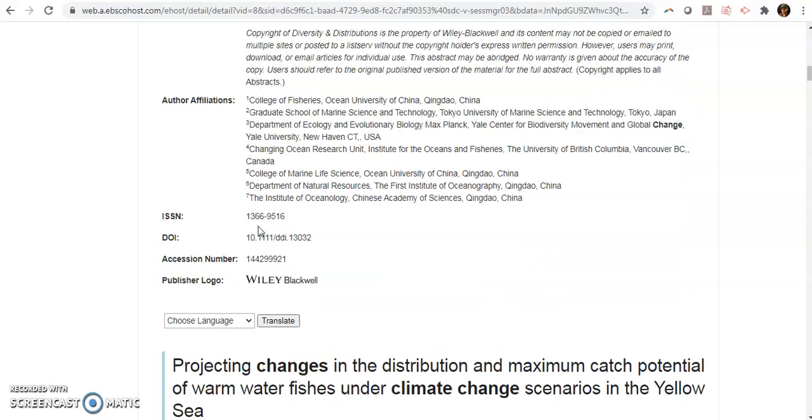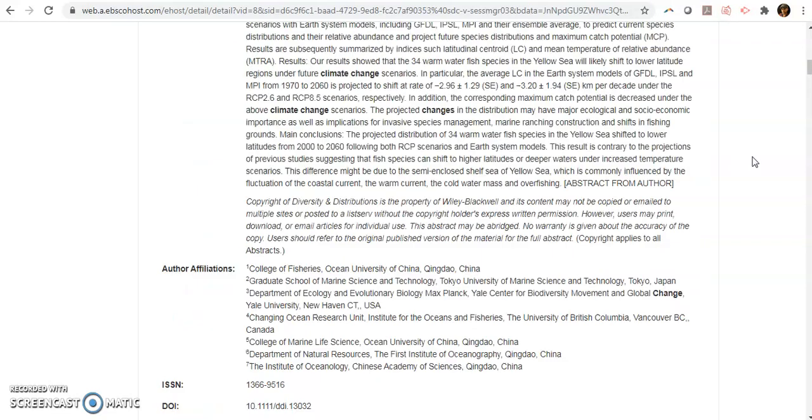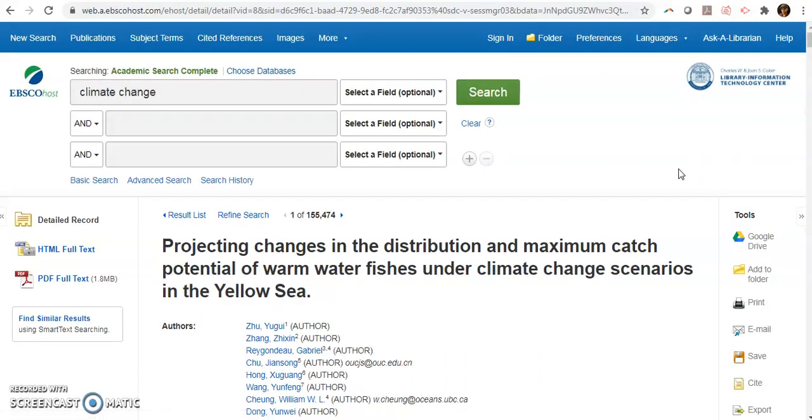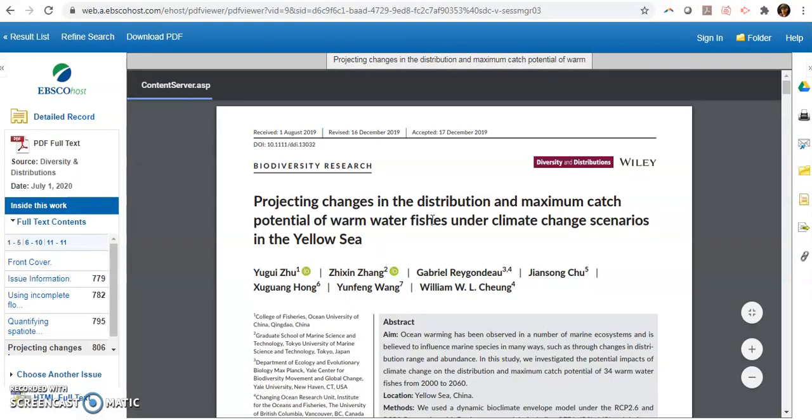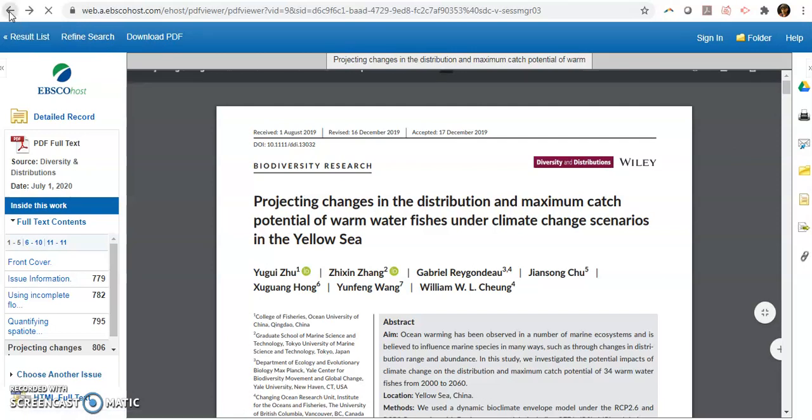And then you just have some other information like the ISSN, the DOI, which is really important with citations. So let's say this is an article that you want, right? If you want to view the PDF, you would just click that. That will bring up your PDF, and this is where you can download it. If you're in the library or you're near a printer, you can print it. If we go back,